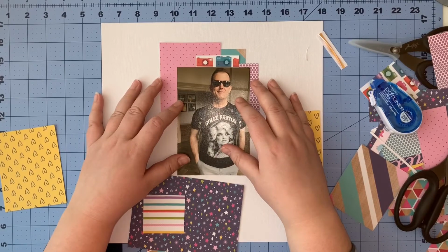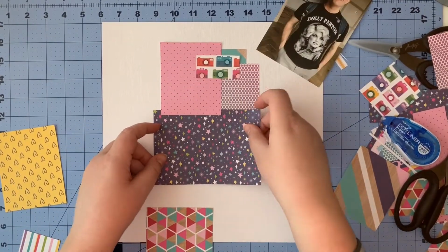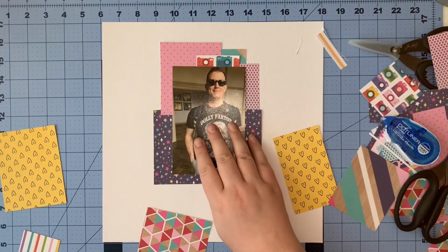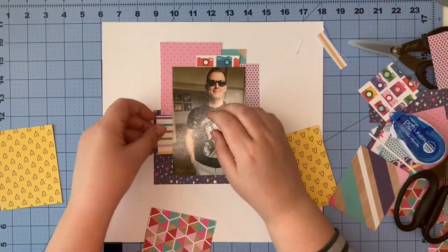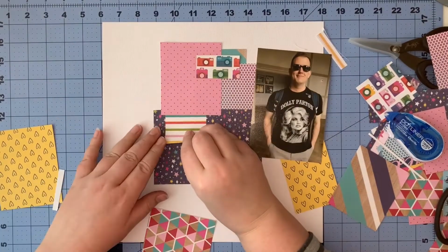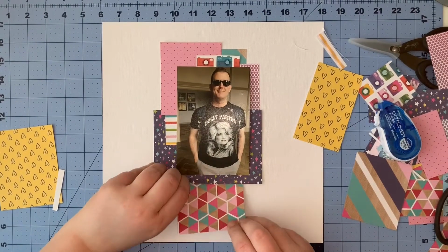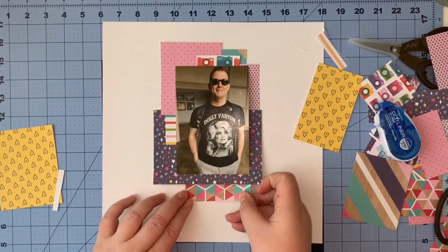I find that imperfection is the hallmark of any handcrafted item. A little bit of imperfection will not bother me, but if everything is completely crooked, I would need to redo it. So here, nothing ends up too wobbly or wonky, but I just wanted to throw that tidbit out there